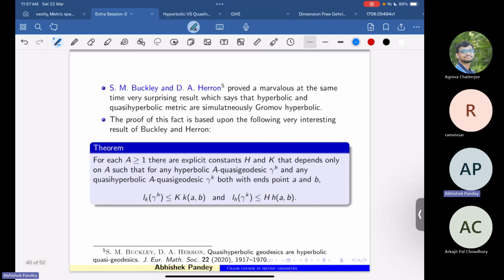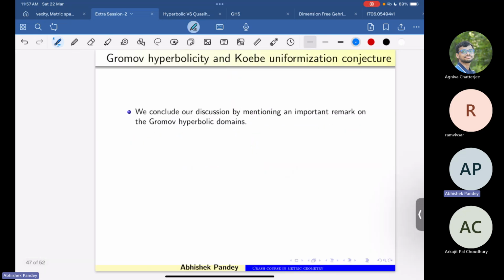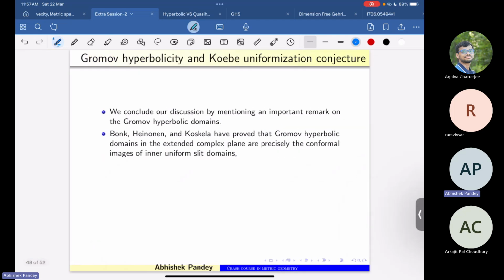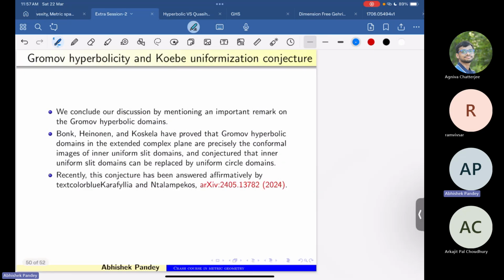Okay, fine. Quasi-symmetry is always characterized. It is there in that paper of Heron. I will mention the paper in the references. One more thing which I would like to talk about is Gromov hyperbolicity and the Koebe uniformization conjecture. This is a recent result, just an update, which says that